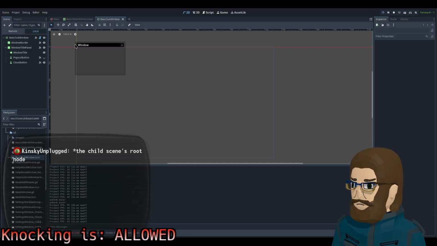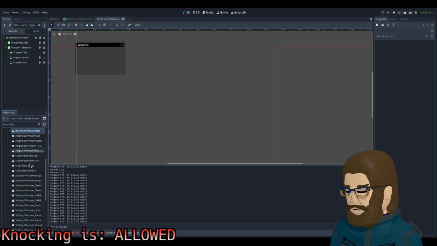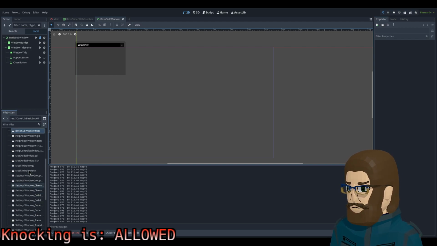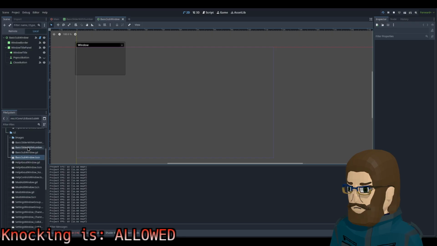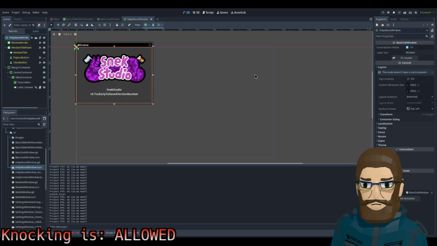So this guy, this guy looks good. I want to use it. I want to use basic sub window. Are any of these also using basic sub window? They've got to be, right? Basic number slider, help about window. You are. Okay. I can immediately tell that you are. So how does that work? Okay. I'm visualizing, I see you.